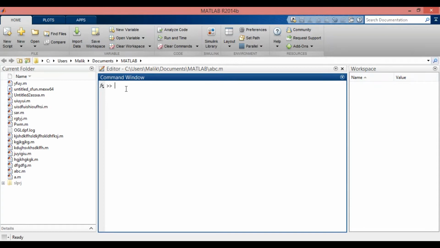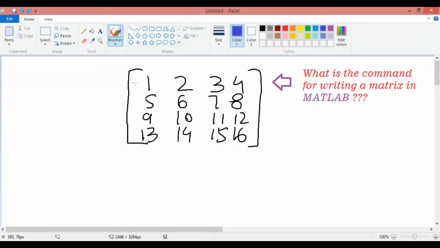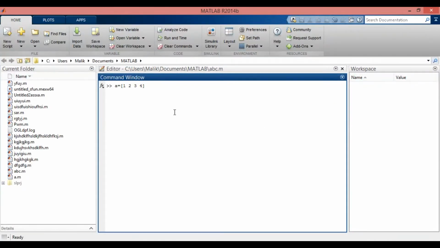Let's say the variable is A, and for the matrix we will use square brackets, and here we will write the matrix: 1 space 2 3 4, and here we can see that the row is terminated at 4. So for row termination in MATLAB we will use a semicolon, and then we have 5 6 7 8.